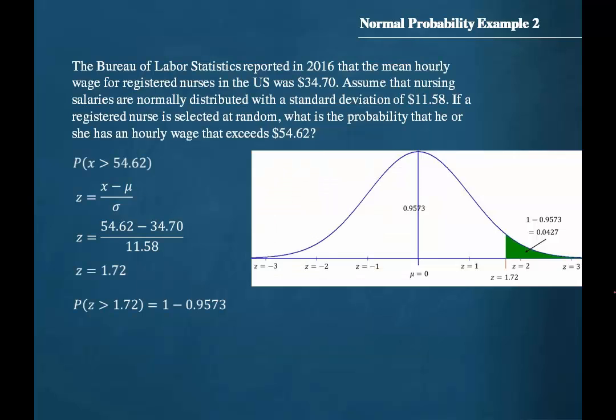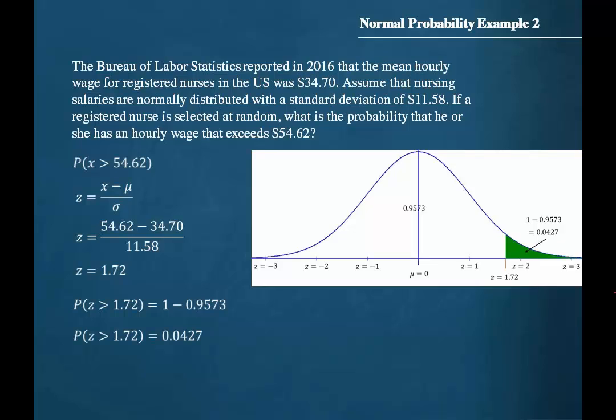But we were to find the probability that z would exceed that value, which would then be the area under the curve on the other side of z equals 1.72. So in order to find that, we would need to subtract that value, 0.9573, from 1, the total area under the curve. So the probability that z would exceed 1.72 would be equal to